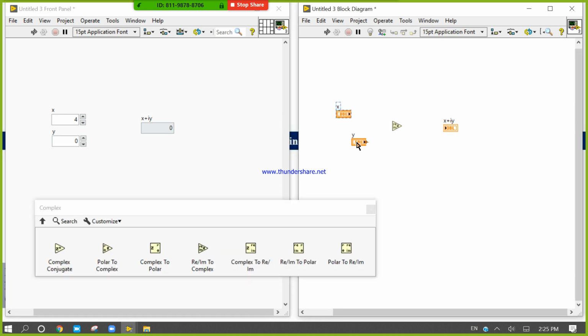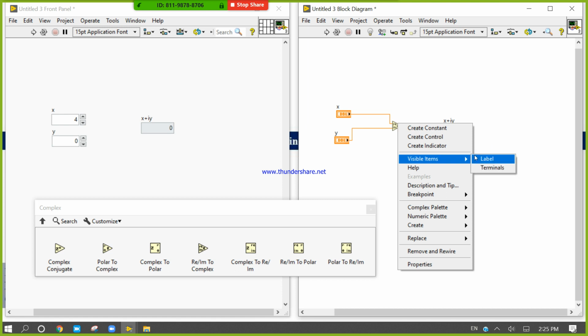Let's see whether it will be fulfilled or not. I will make a connection like this. Every time you take any function, note one thing: right click, go to visible items and click label.